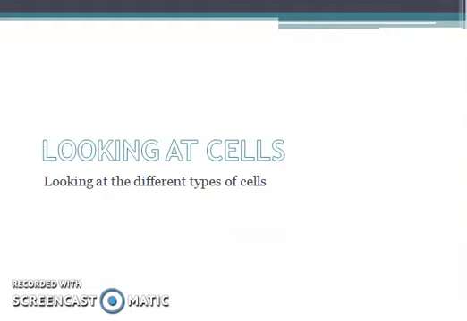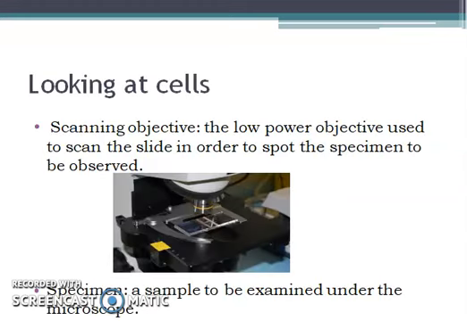Okay, so the next topic is looking at cells. So የተለያዩ different type of cells አሁን እናያለን. So before that let's start by defining some terms. So the first one is scanning objective. So scanning objective ምንለው it's the low power objective used to scan the slide in order to spot the specimen